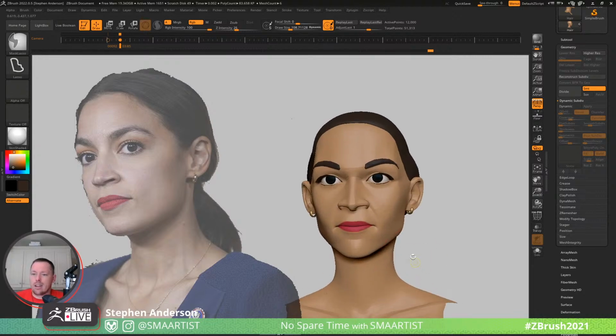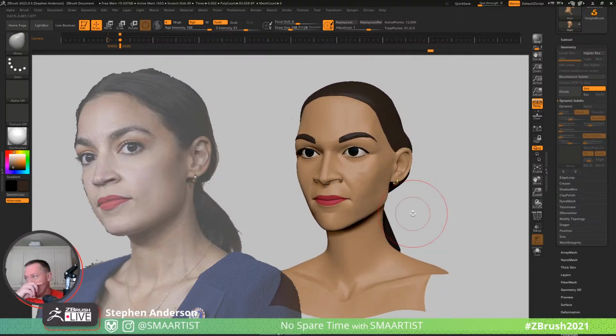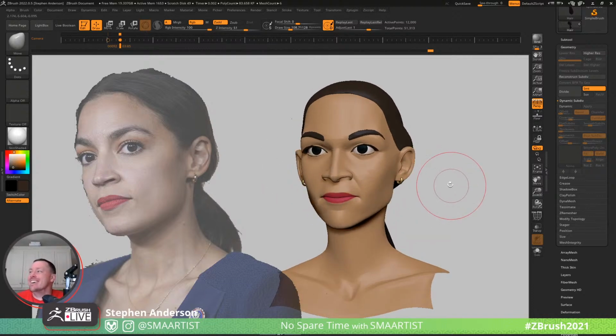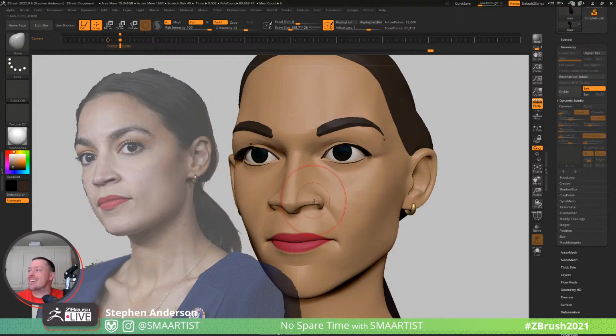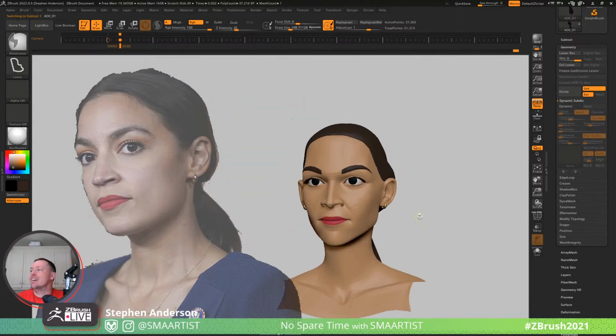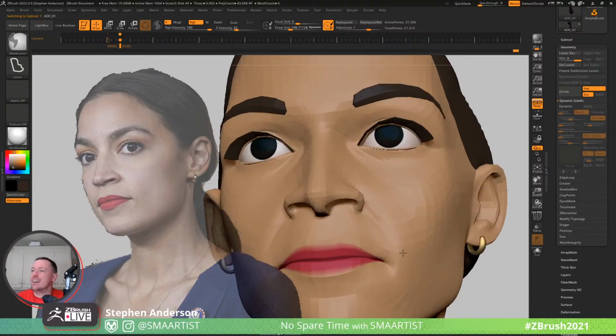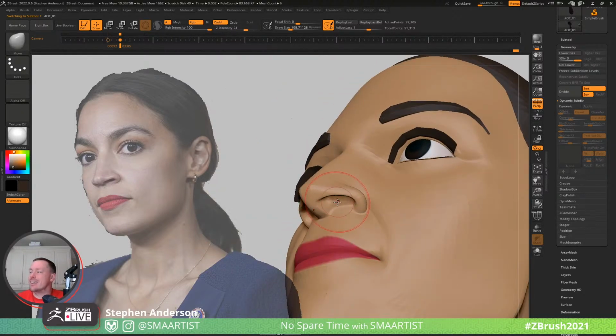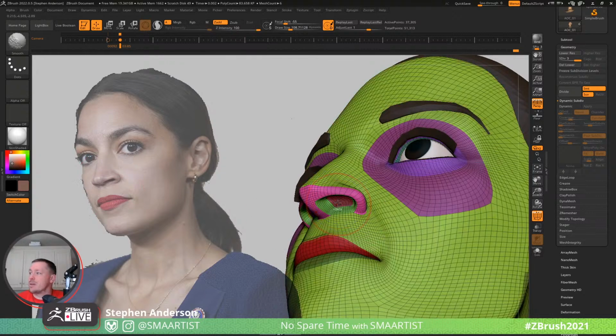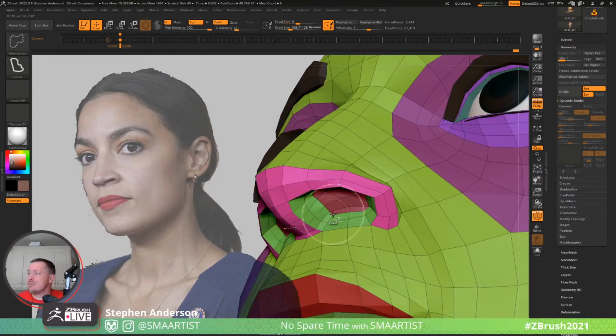This is certainly looking much closer to AOC than last week's sculpt was to Serena. But, you know, there's always going to be experiences of